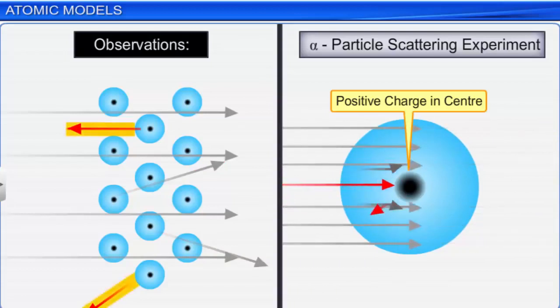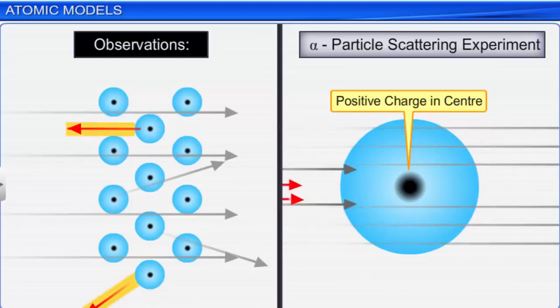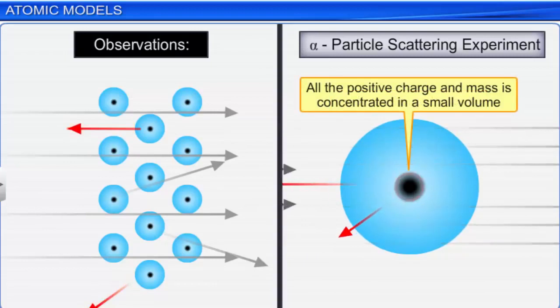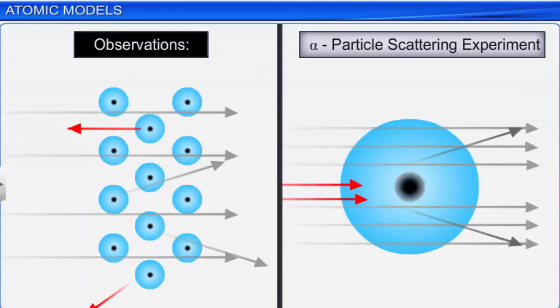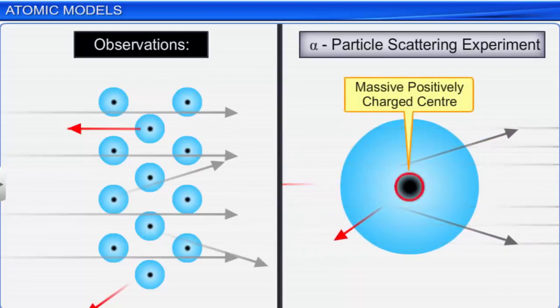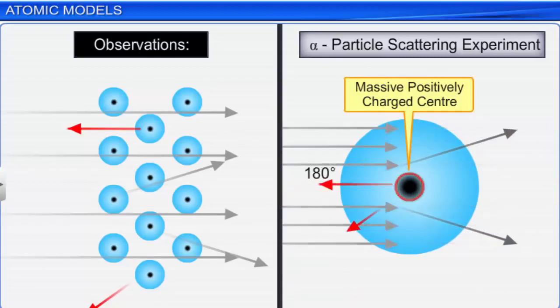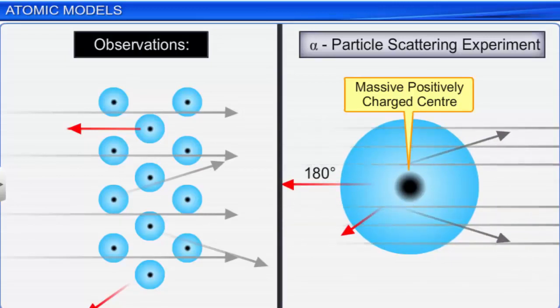The alpha particles that are deflected by larger angles and by 180 degrees indicated that the atom has a dense, positive charge with entire mass concentrated at the center. As the alpha particles approach much nearer to the massive positively charged center, they get deflected by larger angles, and as they directly hit the massive positively charged center, they get deflected nearly by 180 degrees. It is due to the increase in enormous repulsive forces from the massive positively charged center.